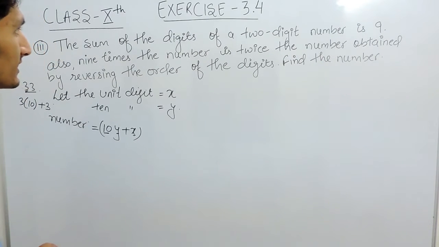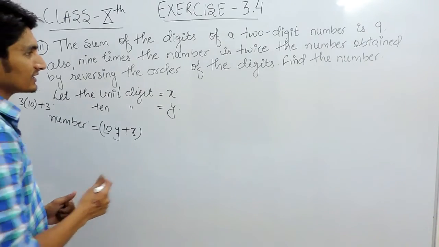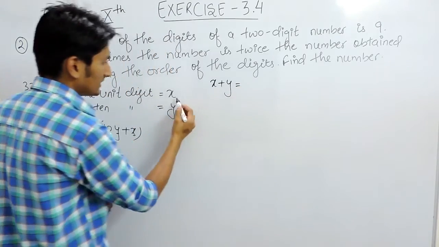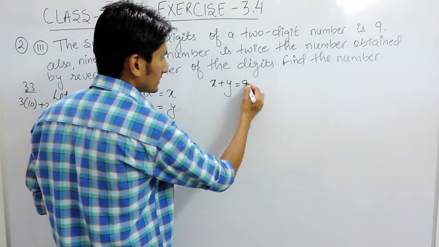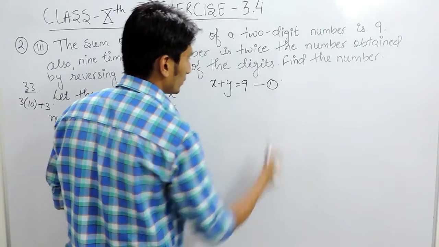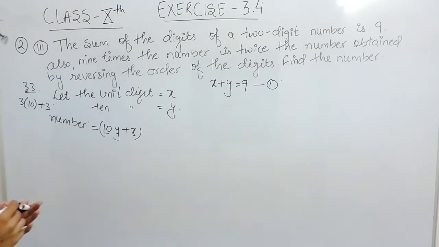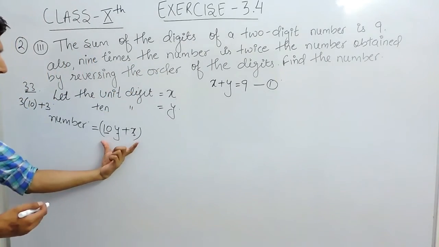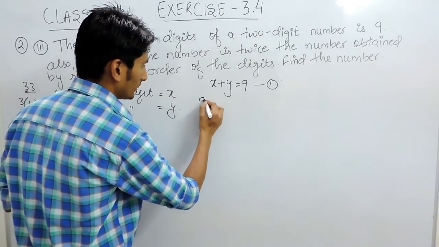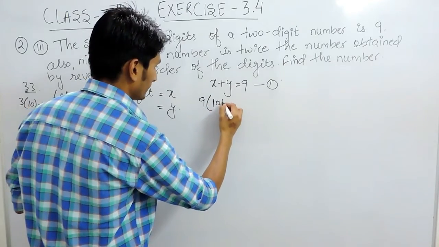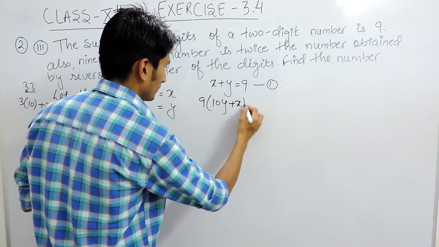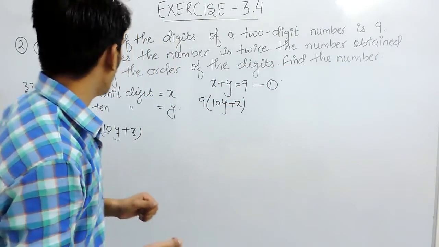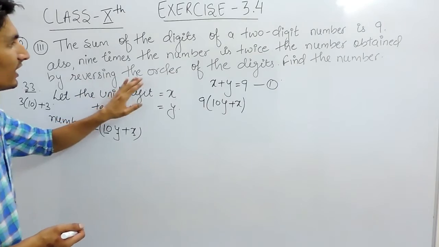And according to the question, it is given that the sum of the digits is equal to 9. So obviously x plus y, these are the digits, so their sum is 9. So this is our first equation. And in the second part it is given that 9 times the number. So our number is this. So 9 times this number, which is this,